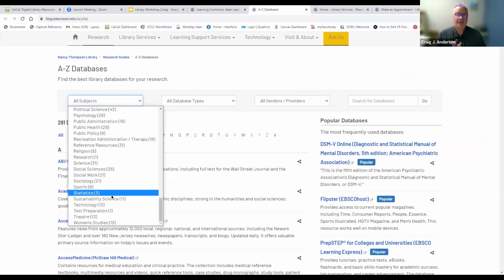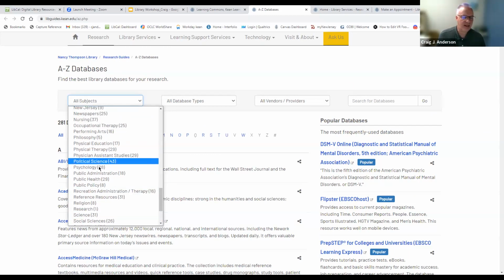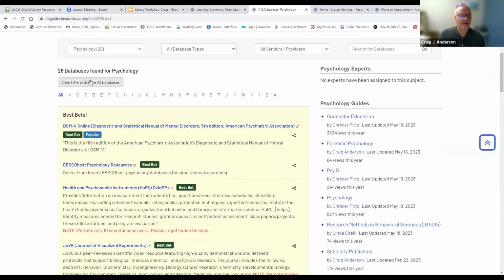So if you have a particular area that you're majoring in, or even if you have to do a project on some area that's maybe not your area of specialty, but you're taking a psychology course, let's say, to complete your requirements for your major, you can go to the psychology database, and this will show you all of the different databases for psychology.